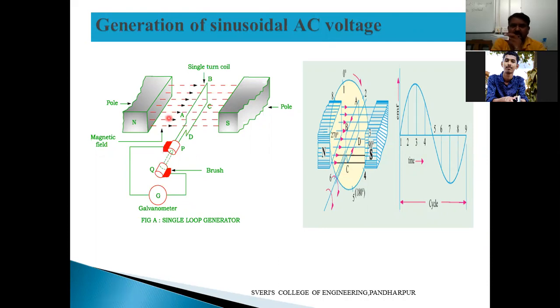So at the initial condition, this is A and this is B, it is a flat condition. So there is no EMF induced here. EMF induced is 0. Okay, 0 is there. Next, it will start to rotate in the anti-clockwise direction, some 45 degrees. At 45 degrees, what will happen? Some flux linkage will occur here, and it is going to generate some EMF induced in this coil, which is detected by the galvanometer.